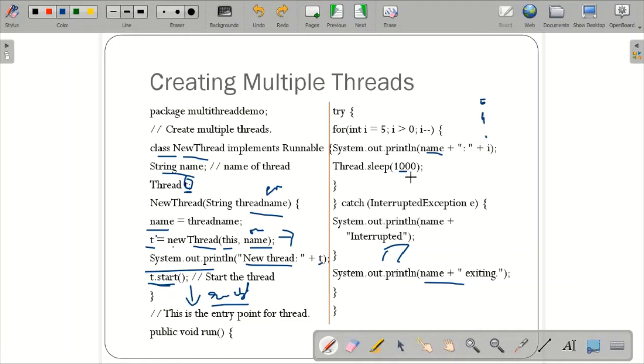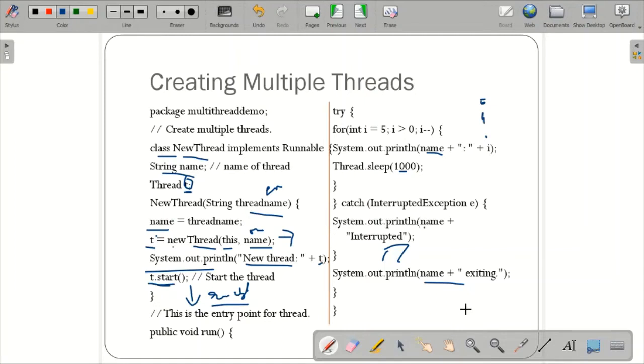If your sleeping thread is interrupted, it will tell that thread 1 is being interrupted, and if it completes its iterations, it will tell that thread 1 is exiting. So this is the overall concept of the class new thread constructor and how the void run runs.